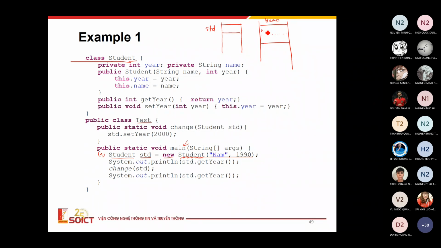So it will assign here: the name is nam and the year equals the value 1990. Okay. So here you see,